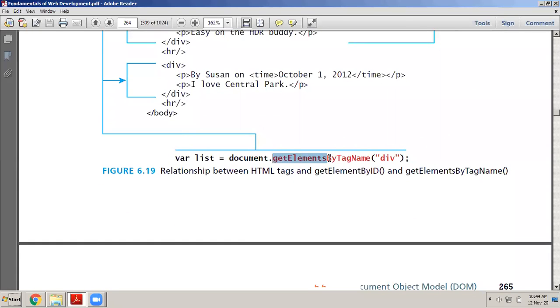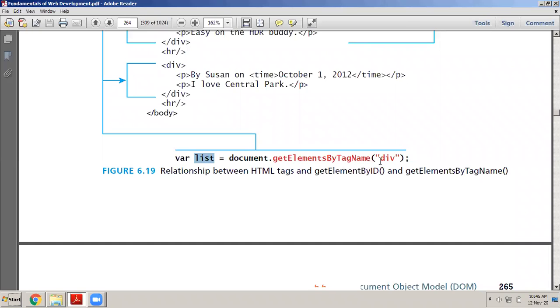Similarly, you have something called get elements by tag name. This will give you back a list of all the nodes whose tag name is div. If in your HTML document you have multiple div tags and you want to access all of them in the form of a list, you can use get elements by tag name. All the elements will come into the list, and then you have to parse through it. A list is not a single node.